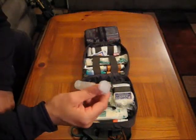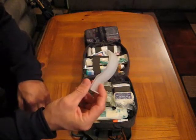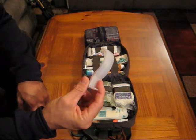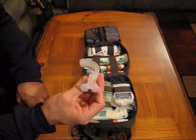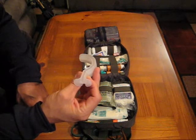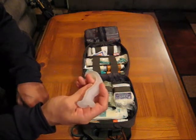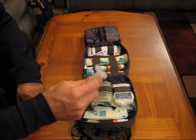Here we have the pharyngeal device, which I call the J-hook. This is administered if you perhaps have a family member who has gone unconscious. This will help keep that airway open. What happens is if you leave an individual laying on their back, unconscious, whether from a head trauma or other type of medical issue,